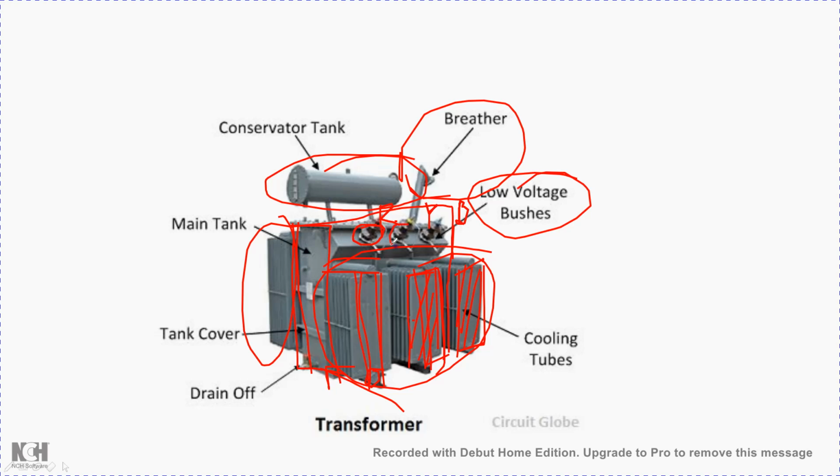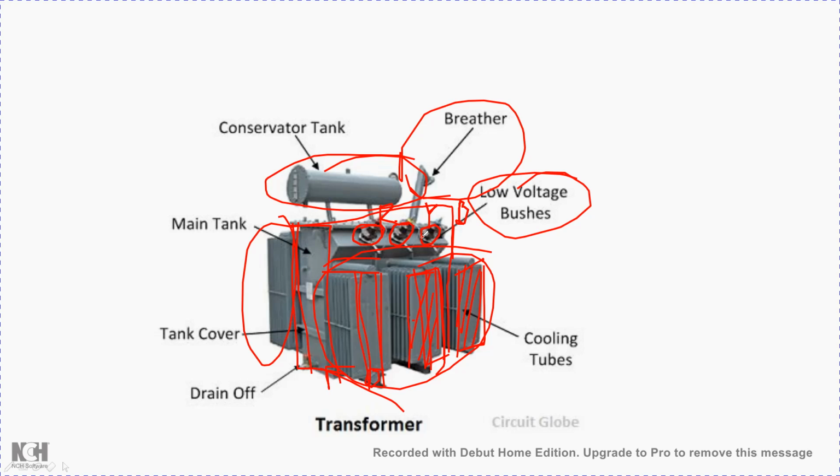Again, these insulators depend upon the voltage rating of that particular terminal. If it is 33 kV, this type of insulator is used, but if it is more than 33 kV, a different type of long insulator is used. We have already seen different shapes of insulators. Some polymeric insulators which have more length are used here.